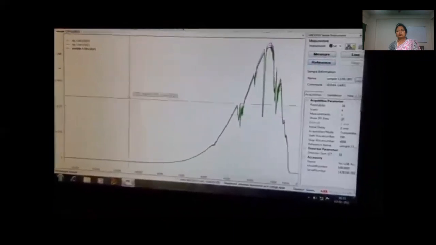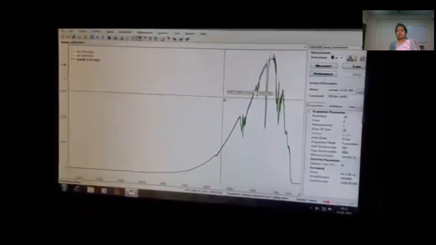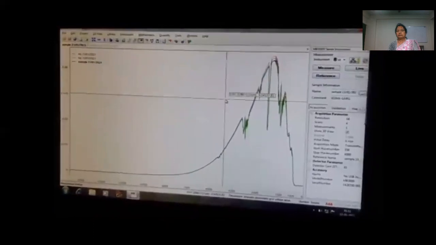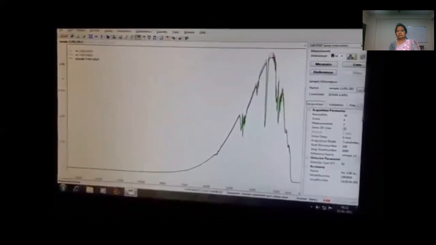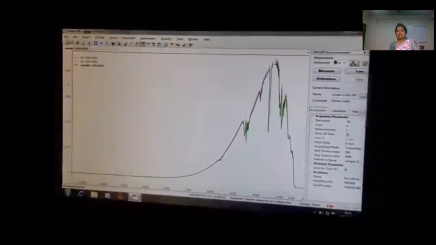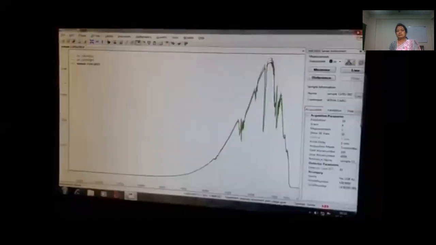Let's first take a printout of this air. I had given this command of air. You will get a spectrum like that, right? And you will also evaluate the peaks which are coming on the screen. Okay, thank you for listening to me.